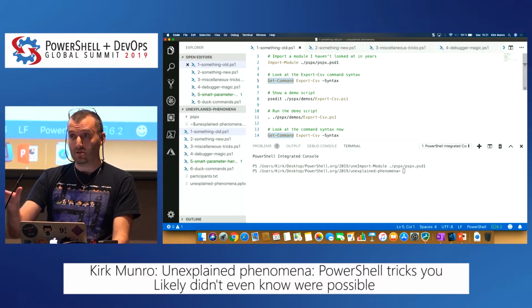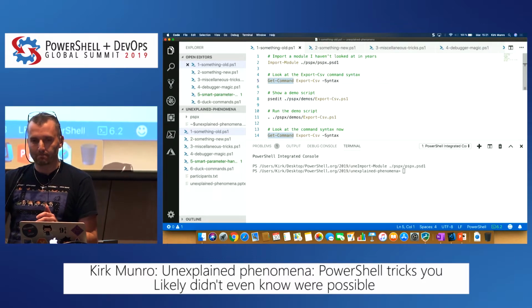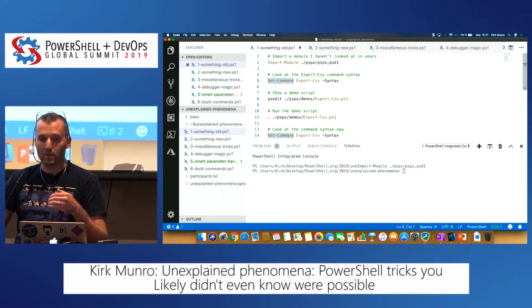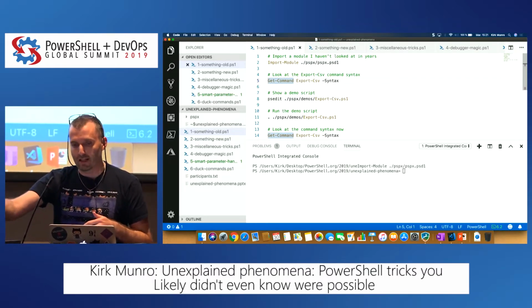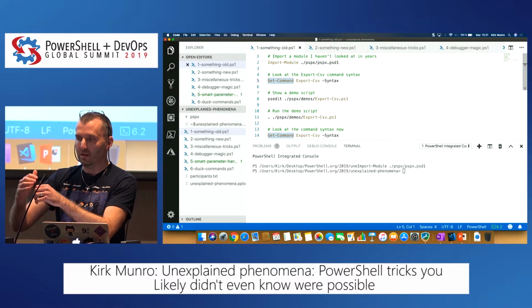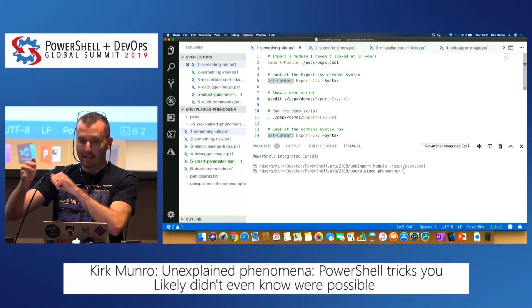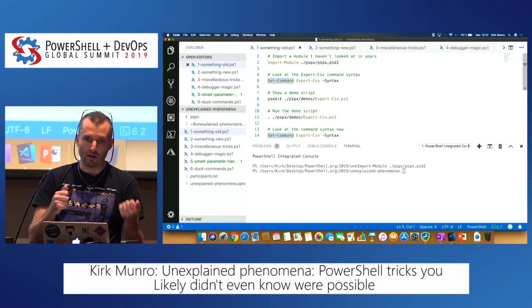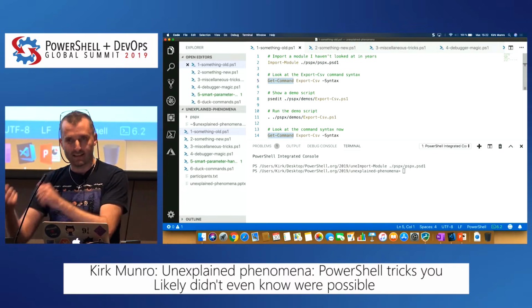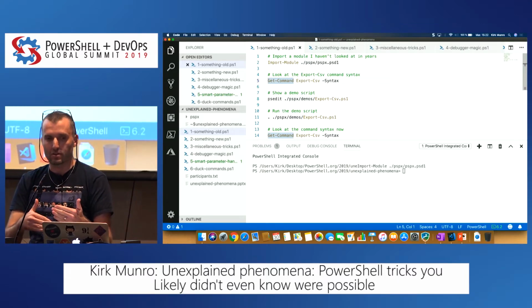Who here doesn't know what a proxy function is? OK, so a proxy function is basically a shim. I mean, you think about a proxy server as being the server that you're going to connect to before you actually get in to the real server behind the scenes. So the proxy function is just basically a shim that sits on top of an existing function. It can have the same name, so it can be a very transparent shim. So I can make a proxy for any command and use that exact same command name and extend that command to do interesting things that the command doesn't do today.